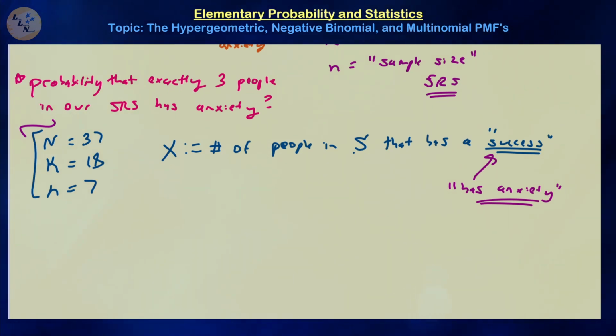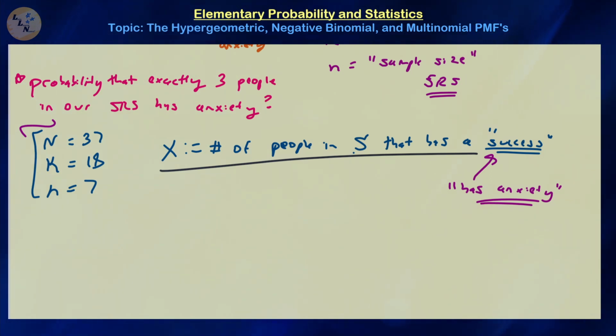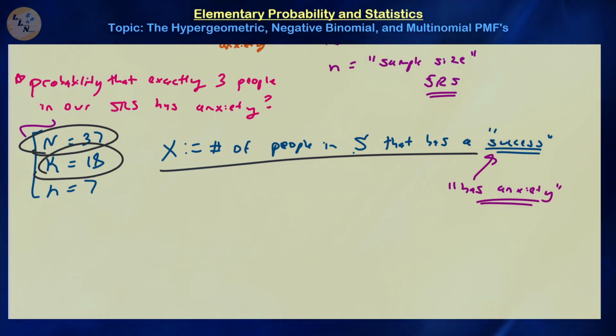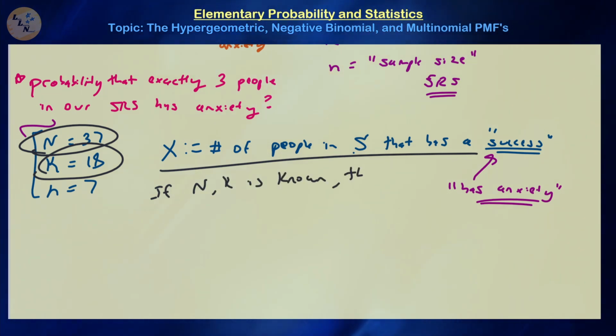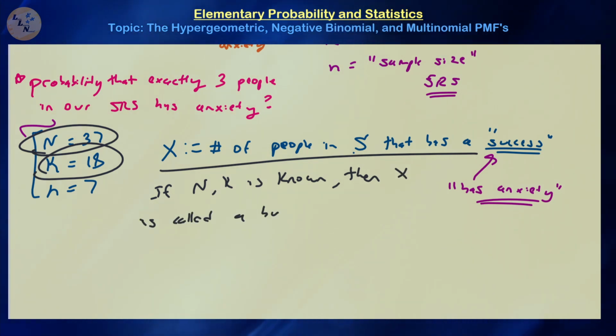So every time we have a random variable X where we're counting the number of successes in our sample, that should ring a bell with the binomial distribution. And if capital N and K are known, then X is called a hypergeometric